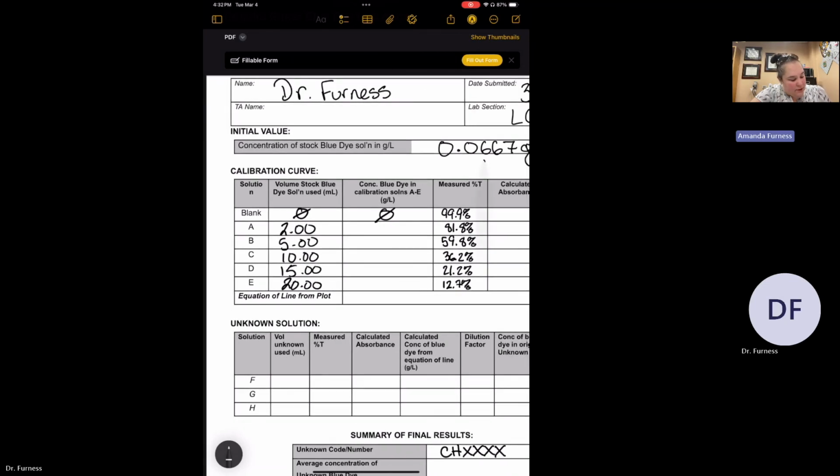Our stock concentration has 3 significant figures, and our volumes have anywhere from 3 to 4 significant figures. We're doing multiplication and division here, which means we can only have a max of 3. So if I look at my Excel sheet, the calculated concentration, so this would be 0.000667,